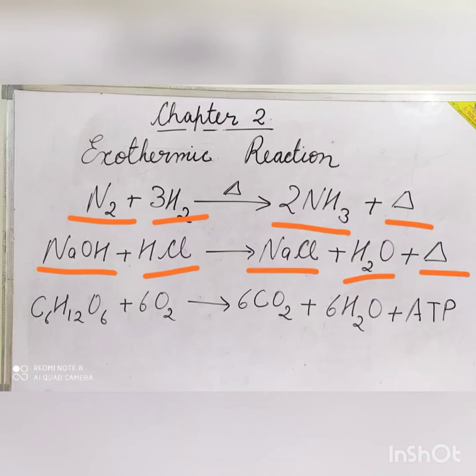The combustion of glucose with oxygen in the cells of our body produces carbon dioxide and water, along with energy in the form of ATP. This reaction is exothermic and it is known by a special name, respiration. So respiration, rusting, burning of coal, petrol, kerosene, cooking gas, etc. are examples of exothermic reactions.